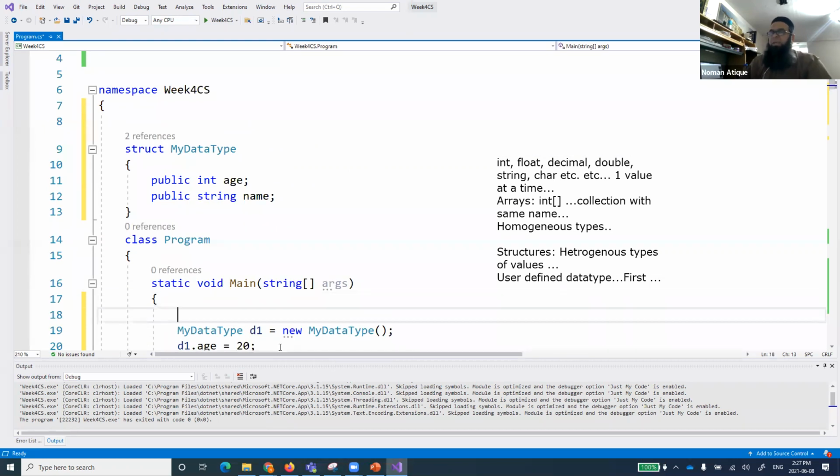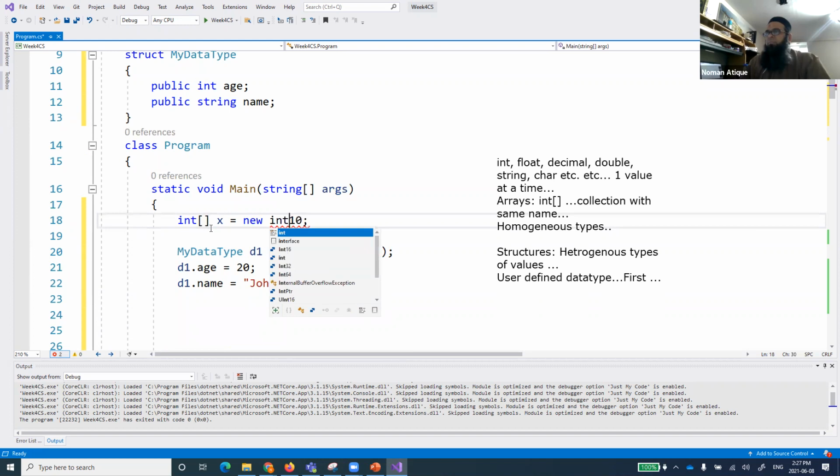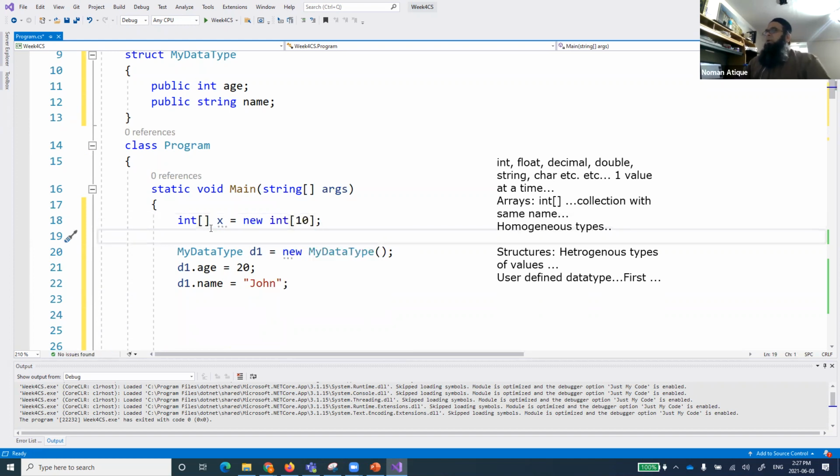It's the same as, for example, if I say int x equal to 10, you know that x is capable of accepting an integer value. And if I say this is an integer array, you will say that it has the capability of storing maybe 10 values. So you define it that way. We know about these data types. But what is d1? d1 is not defined anywhere.